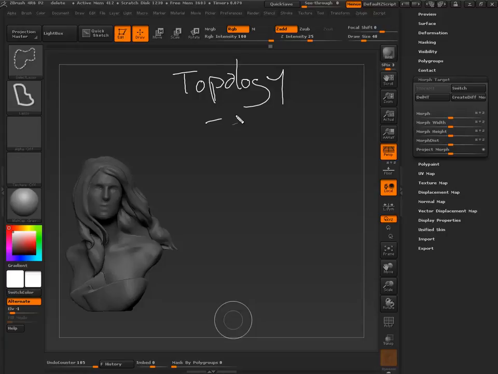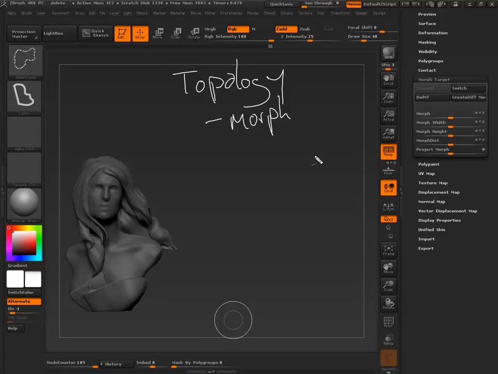But in other cases, the first thing you want to do is see if you can just deal with morph, right? But when does morph break down? When is morph no longer an option? There's a specific time, a very specific thing, in which morph target is no longer going to be an option.